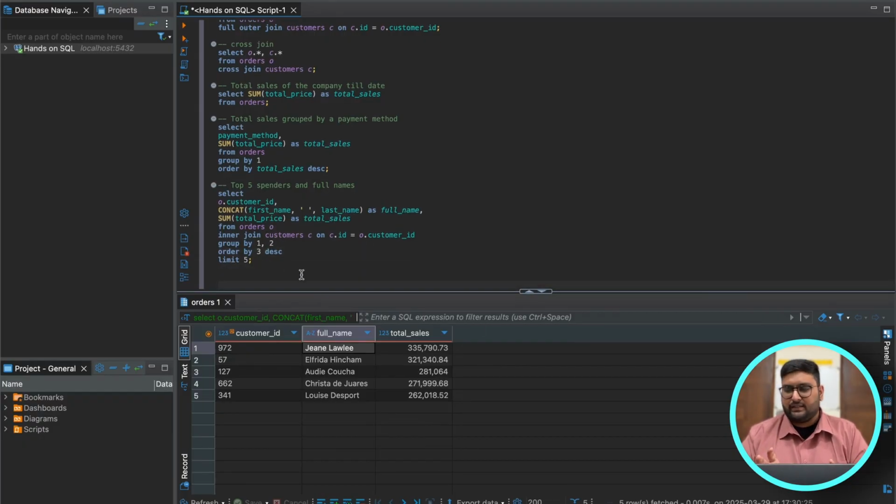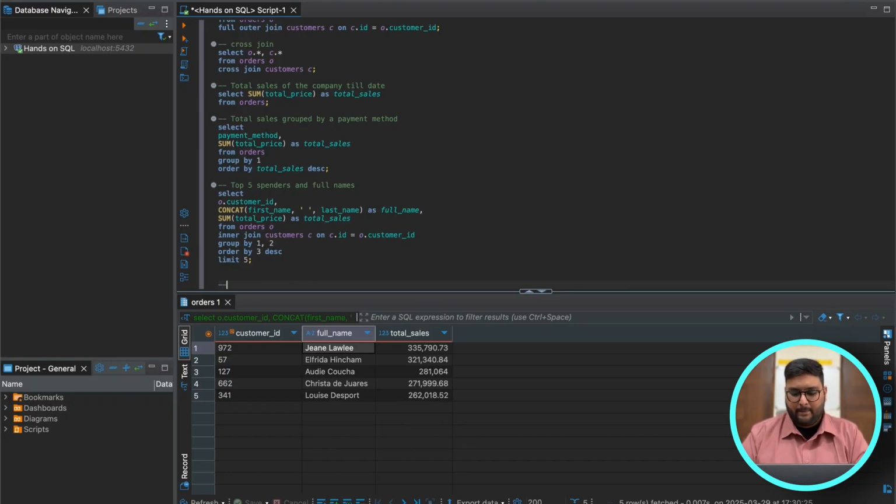Similarly, you might also be asked to give the top 5 average order value spenders. The difference between total spend and average order value is, let's say you have 5 orders of 100 rupees each. So your average order value is 100 for that customer. But if I have one customer with just 500 rupees of order, then the average in that case goes up to 500. So these two metrics are incomplete without each other, but we will see how to join them later